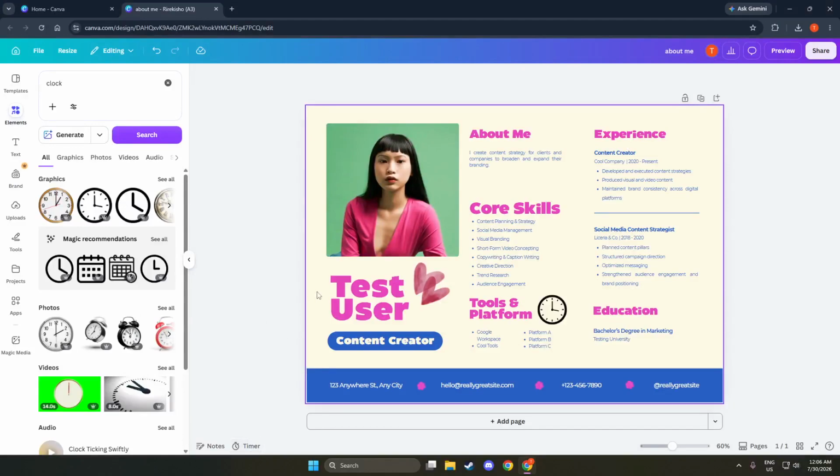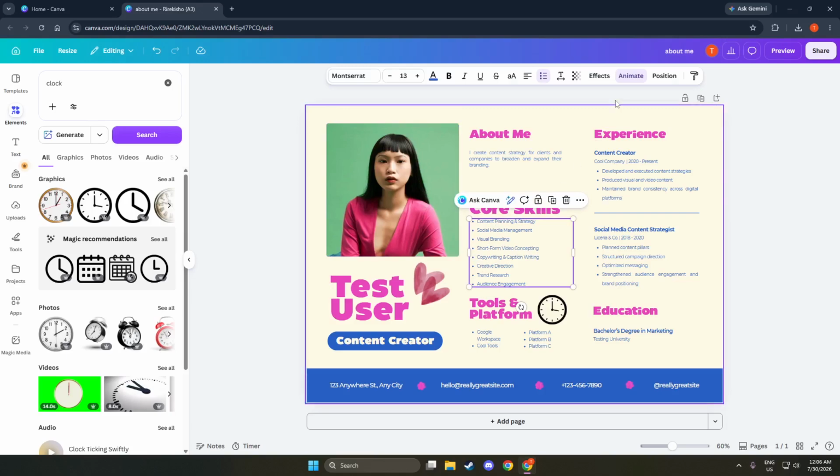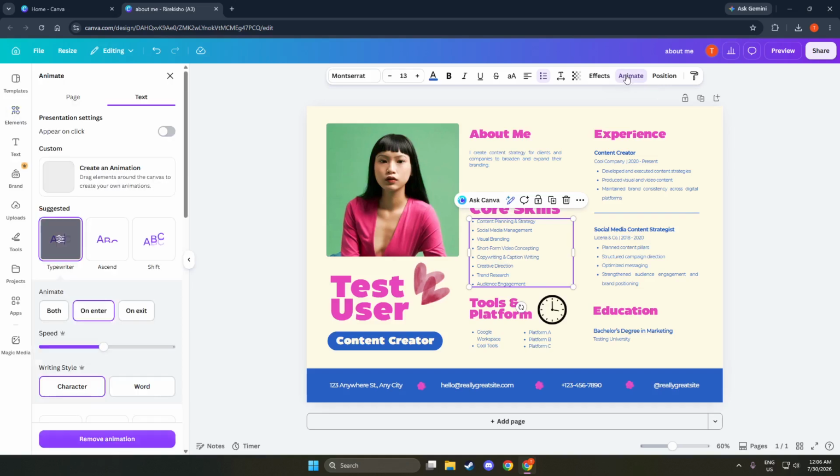If you are already on the Canva home screen, click the design you want to edit so it opens in the main editor. You should now see your design in the center, with the toolbar on the left and options across the top. If you do not see a play button or a timeline at the bottom, make sure you opened a design that has at least 2 pages or video clips.